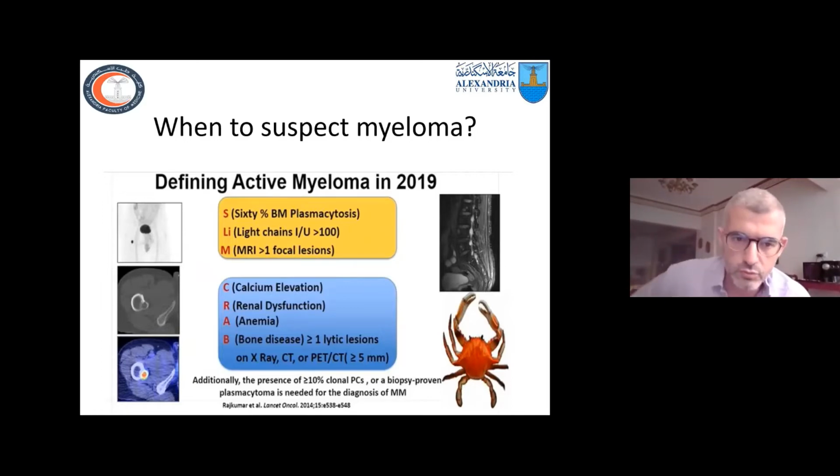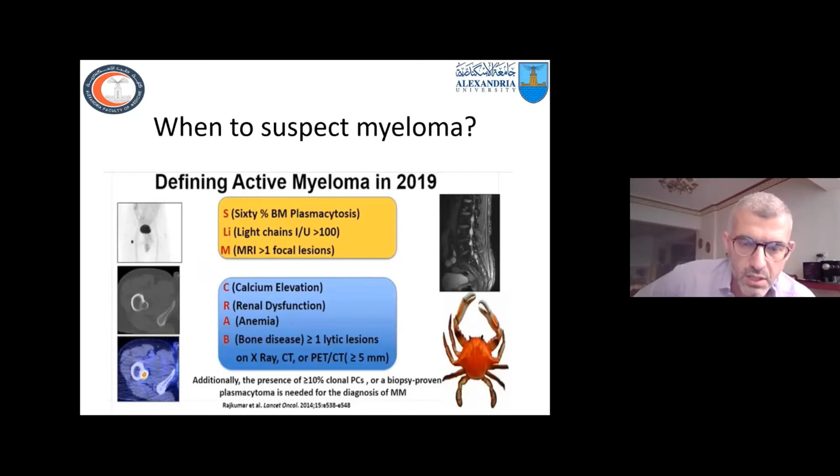It consists of the CRAB criteria, and we have added to it the SLiM criteria. The CRAB stands for hypercalcemia, renal dysfunction, anemia, and bony lytic lesions, which are found on X-ray, CTs, or whole body PET scans. Added to them recently is the SLiM criteria, which is 60% bone marrow plasmacytosis,